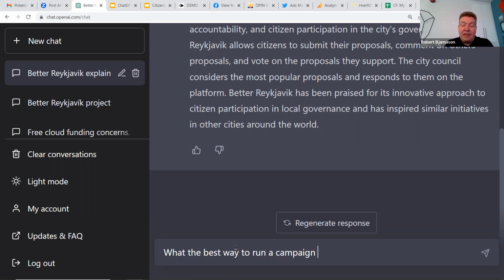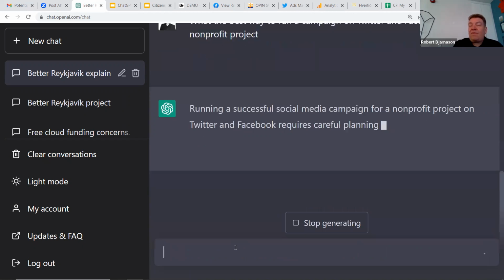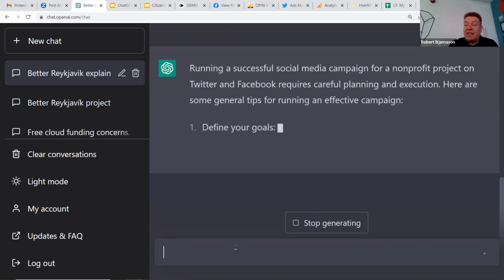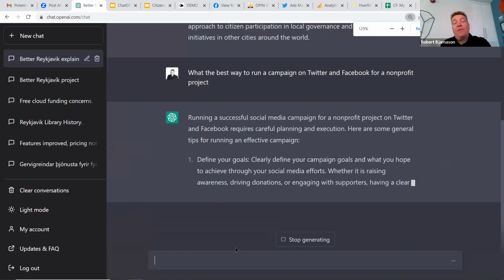And helpful also is to go to ChatGPT for a non-profit project. So often, for example, ChatGPT is actually really good.